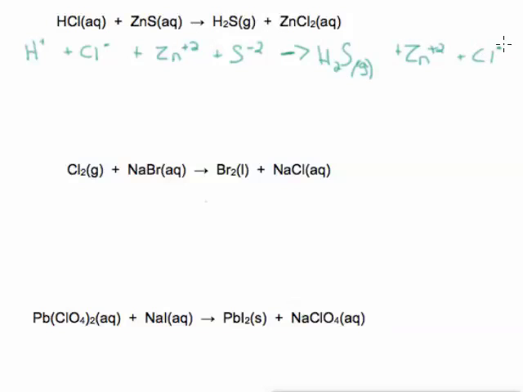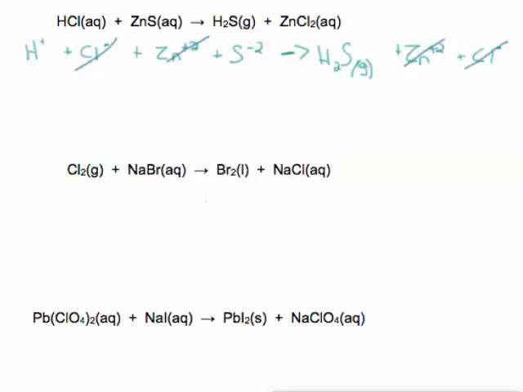So now let's look at this. And we're going to find what we call spectator ions, the things that do not change. So we have chlorine and chlorine, and both of those are aqueous. If I left the symbol off, it usually just means aqueous. So we can mark those out. The H plus, there's not an H plus on the right, but there is a zinc on both sides. So when we cross out the spectator ions,